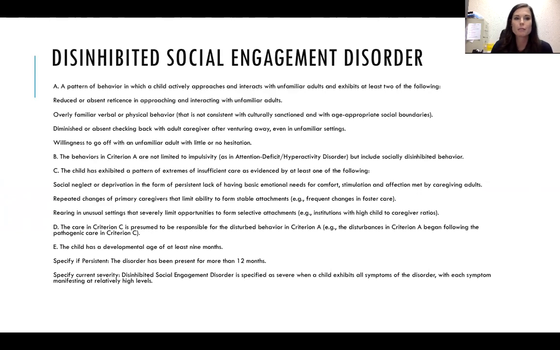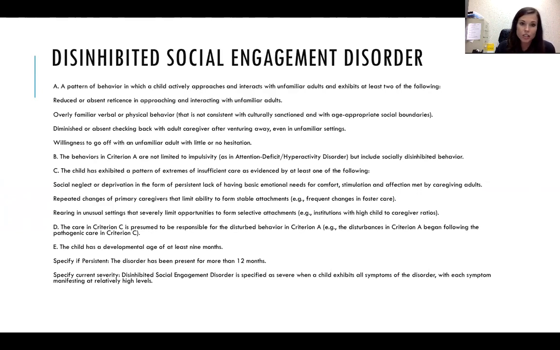So the behaviors in criterion A are not limited to impulsivity, as in ADHD, but include socially disinhibited behavior. So kids may be a little impulsive, but they're not expressing these total social disinhibitions. The child has exhibited a pattern of extremes of insufficient care, as evidenced by at least one of the following: